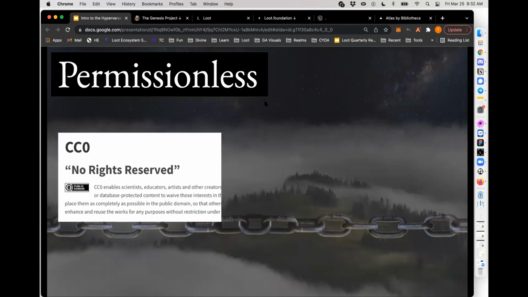Permissionless, though, the biggest theme these days has been this concept of CC0, Creative Commons 0, no rights reserved, gifted to the internet, whether it's code, whether it's art, whether it's stories and media, or a game itself, gifted to the internet as an open source project that anybody can build on top of and anybody can expand. CC0, if you haven't seen this theme, I'm sure you'll start to see more of it. There are a lot of really powerful CC0 projects that are coming out, and this movement's just getting started.